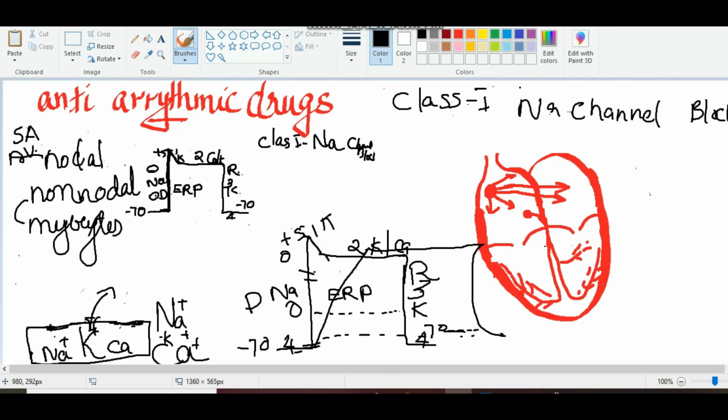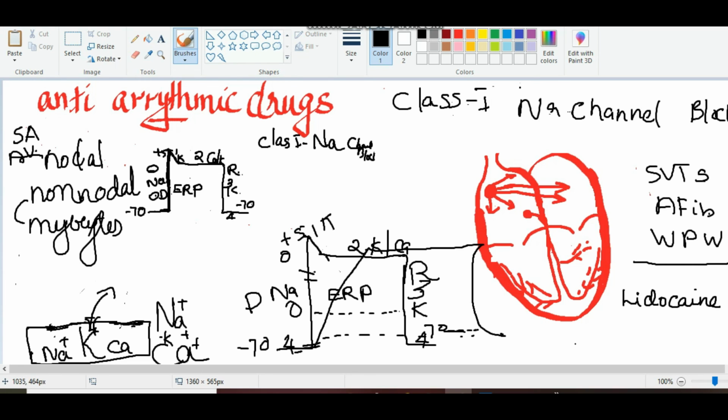Sodium channel blockers are useful in treating SVTs, AFib, and Wolff-Parkinson-White syndrome. Some examples of sodium channel blockers are lidocaine, procainamide,